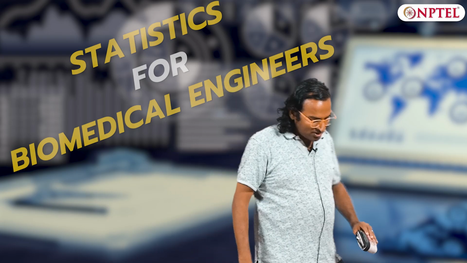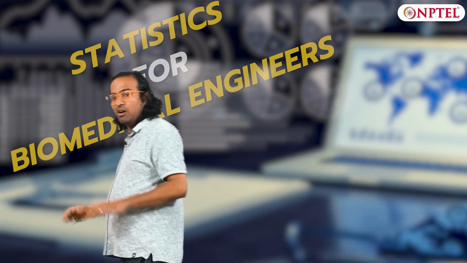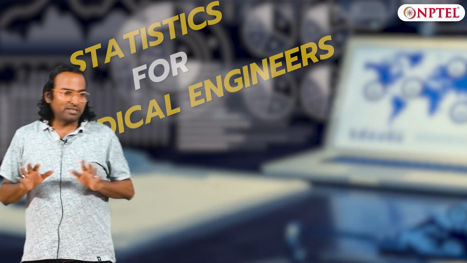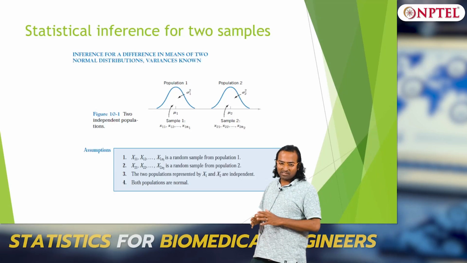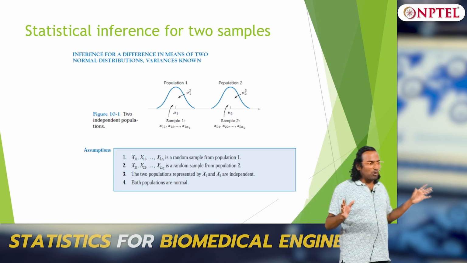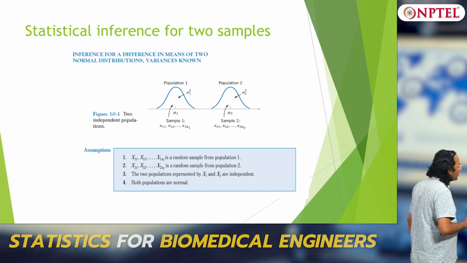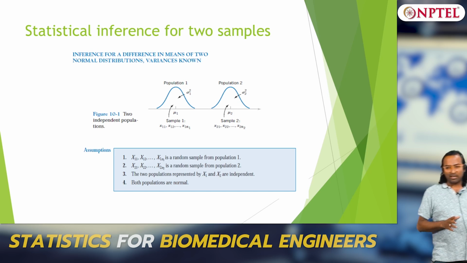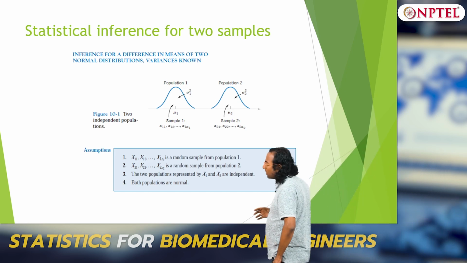Good morning everyone. So today, in the last class we talked about all the one-sample tests. Now we will move on to two samples. As I said, one sample, two samples, then we talk about many samples. So for one random variable, we now know how to do hypothesis testing. Now moving on, we are going to do statistical inference for two samples.